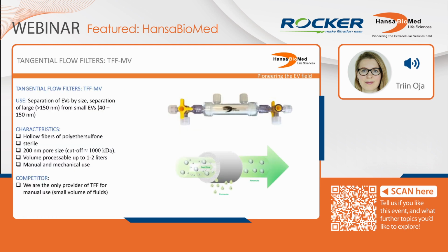And our company really has several different types of tangential flow filters in the catalog, although they appear in the same physical appearance. They are really different in the characteristics. So the very first I'm going to talk about is the TFF-MV. It aims large vesicles or microvesicles, and with this filter you can separate, for instance, small vesicles from the large vesicles. The cutoff value is around 150 nanometers, so all the particles bigger than this number will be retained inside the filters, and when you collect the flow through, you will receive the small vesicles with